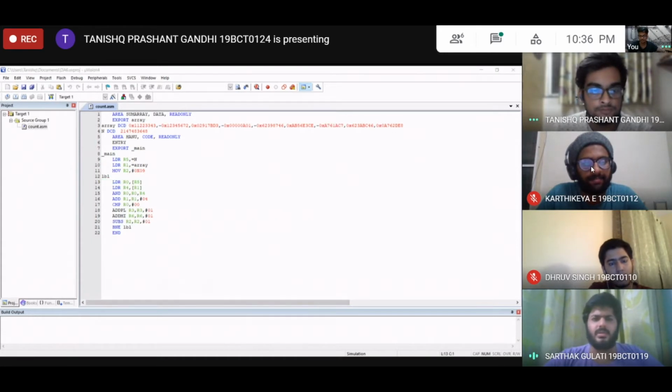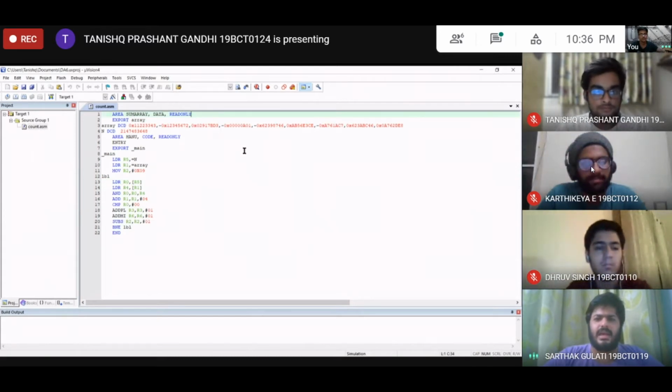Thank you, Tanish. So we have the program's code on the screen, and as we see, there is an AREA directive that is given in each of the ARM codes, as seen in the previous assignments. The AREA directive is a place where the code will be stored at a particular location and can take any name of choice. As the name is a string and the code is read-only, here we will be following the procedure where we can take the excess data from the memory, and this data can be processed by the ARM processor. Unlike the previous assignments where an immediate operand was provided by us,